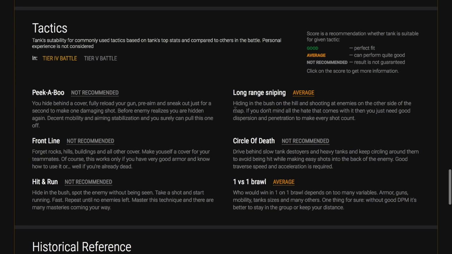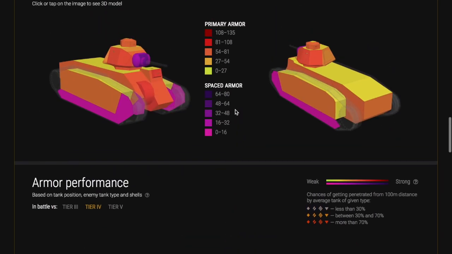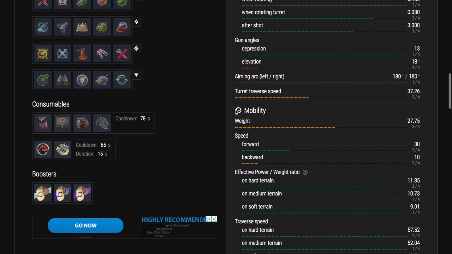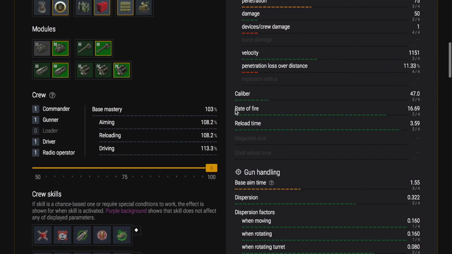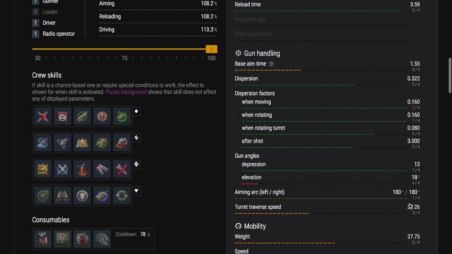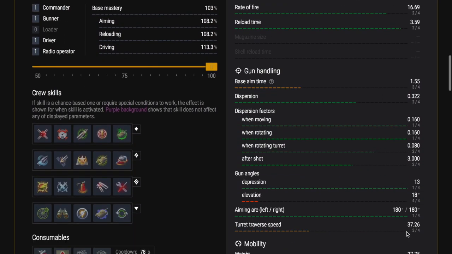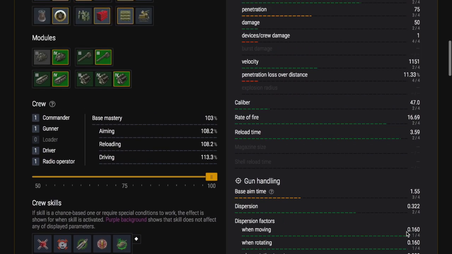Effectively, this is 1930s technology. You stick this in the ring with 1940s technology like a KV-1 or a Panzer 4, you will get smashed. You're doing 50 damage points per shot. Now you do have a relatively good reload of just over 3 seconds, but you are going to get smashed